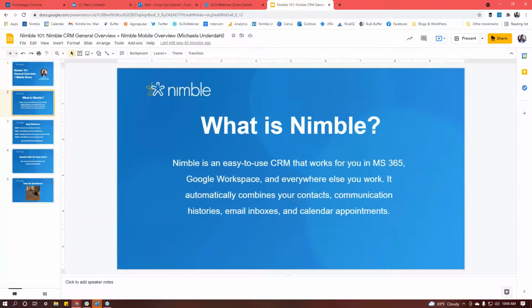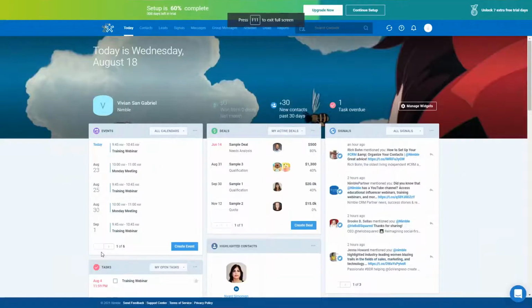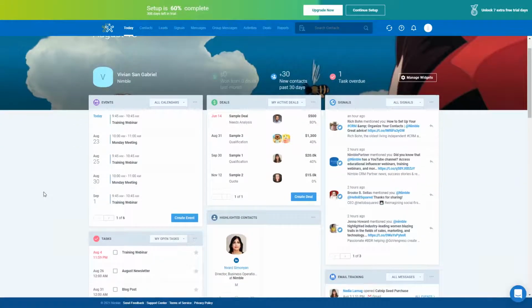All right, so let me go into the actual application. Okay, so here we are on Nimble's Today page. Let me make that full screen for you. This page was designed to allow you to completely customize it to your specific needs and the role you play in your company. So before we get to the Today page, let's go into